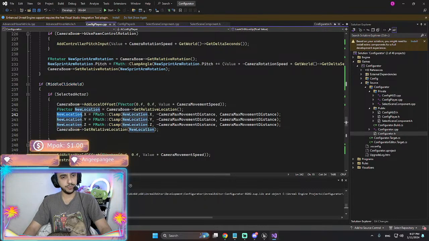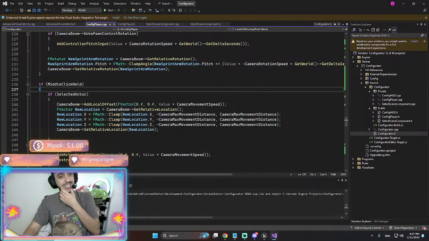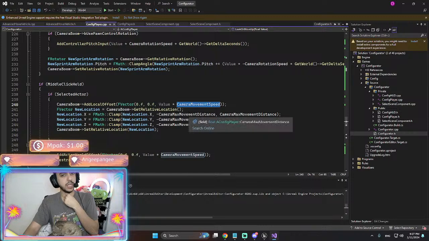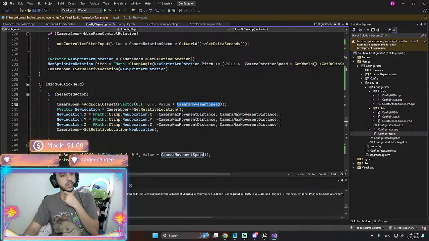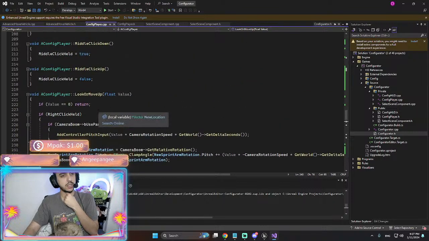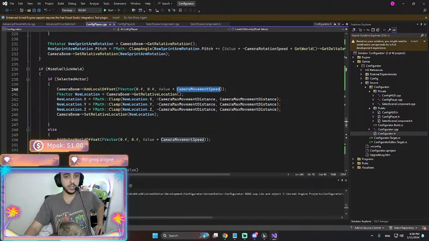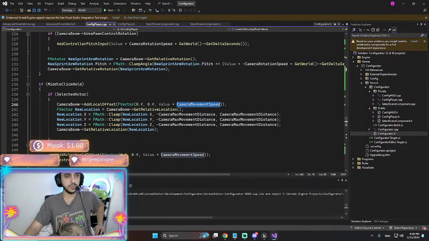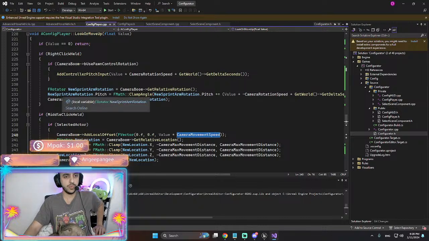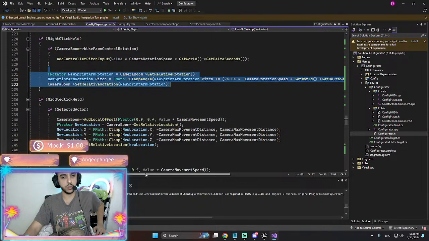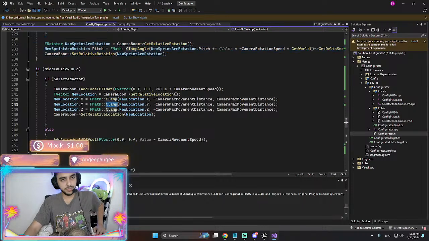And then here, we're not using the same technique. That's a prop, right? A value multiplied by camera movement speed. Yeah. So in the look or move up, we gotta figure this one out. For the rotation we are frame rate independent, 100%, I'm sure. But for the movement we're not.